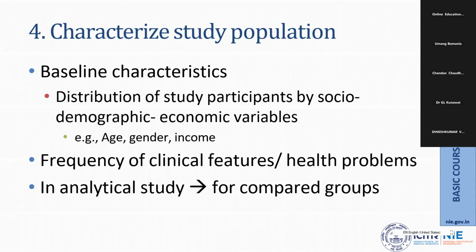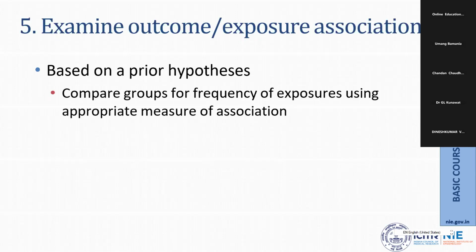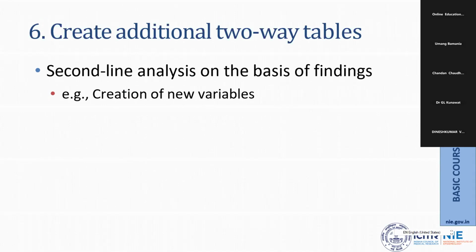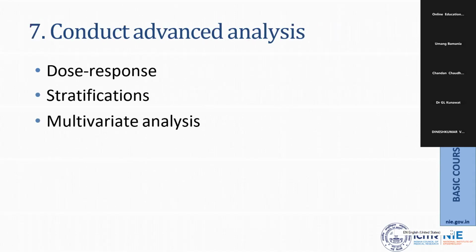कैरेक्टराइज स्टडी पॉपुलेशन, बेसलाइन कैरेक्टरिस्टिक, द डिस्ट्रीब्यूशन ऑफ स्टडी पार्टिसिपेंट बाय सोशियो इकोनॉमिक ग्रुप और लाइक एज, जेंडर, इनकम, frequency of clinical feature, health problem, or in analytical study for comparison group, examine outcome और exposure association based on prior hypothesis। अगर comparative group है तो आप उसमें association लगा सकते हैं। और also you can prepare additional two-way tables। In advanced analysis you can do dose response analysis, stratification or multivariate analysis।